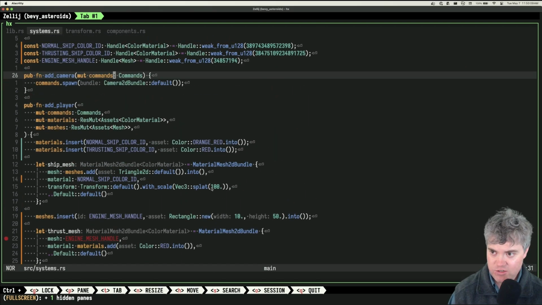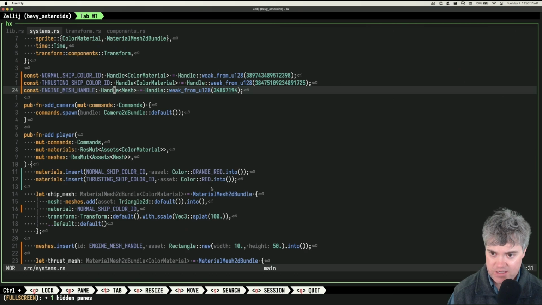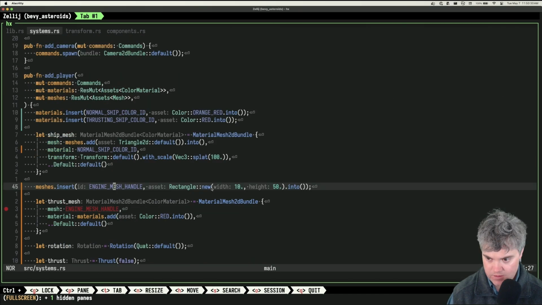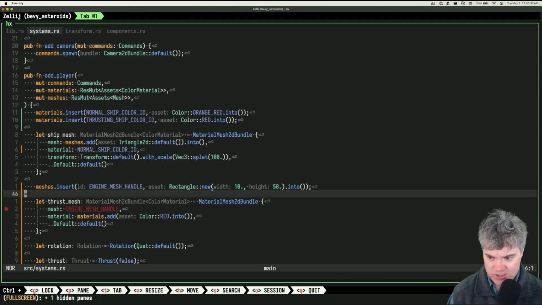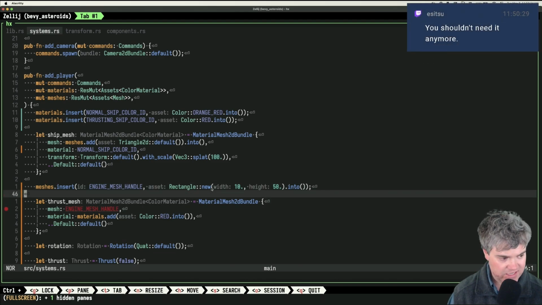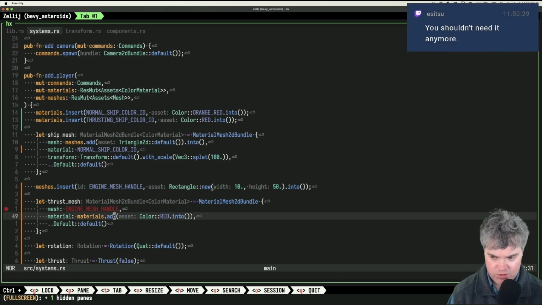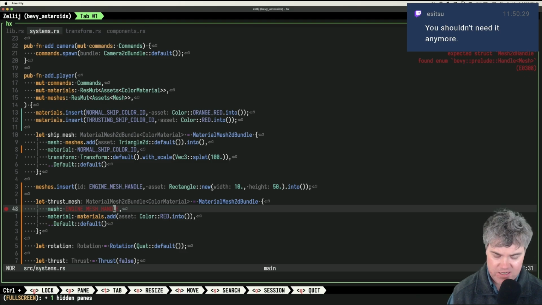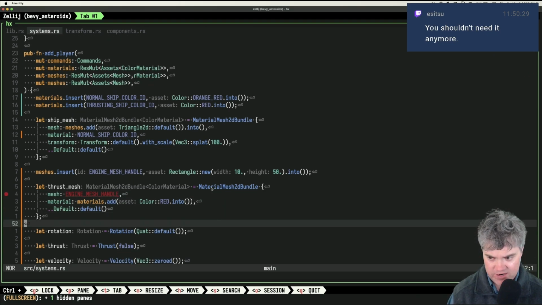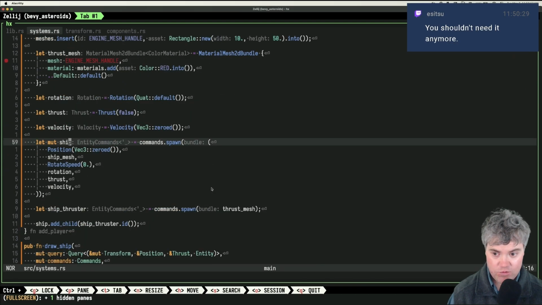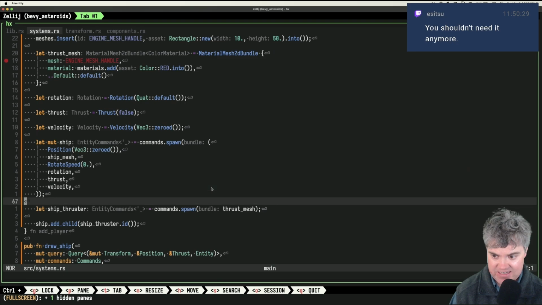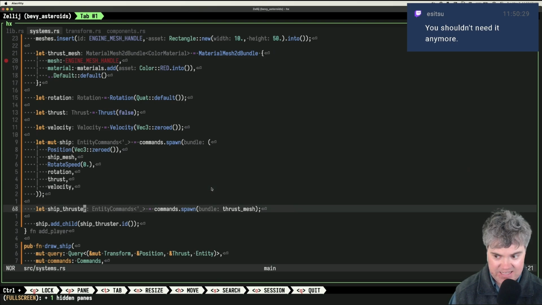Okay, so actually I don't need to do this though. Do I? I don't think so. I insert this mesh, and I want this to go into here. Yeah, I shouldn't need it anymore. Although I am going to need to remove and add it as a child over and over again, aren't I? And I don't know what the ID of this entity is unless I can somehow set the ID of that.